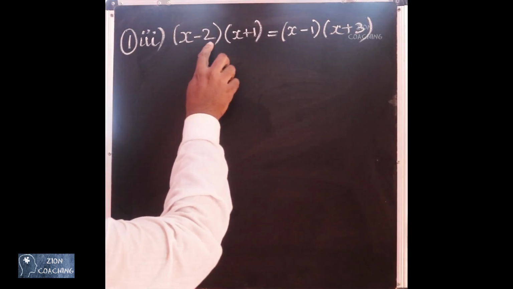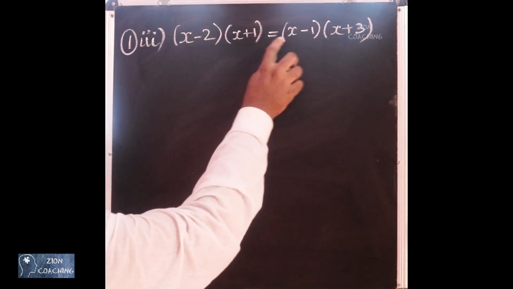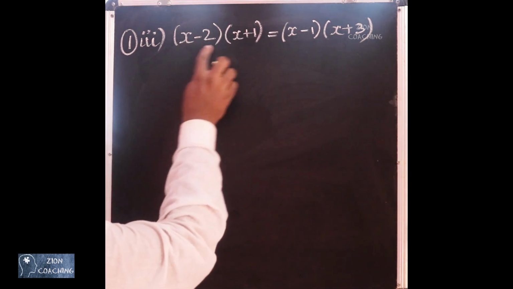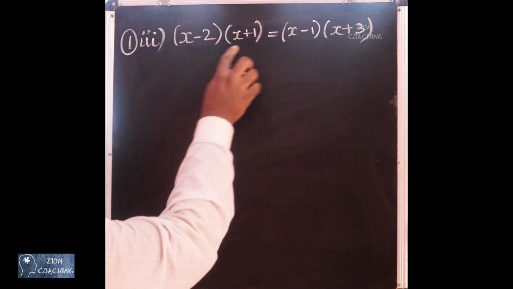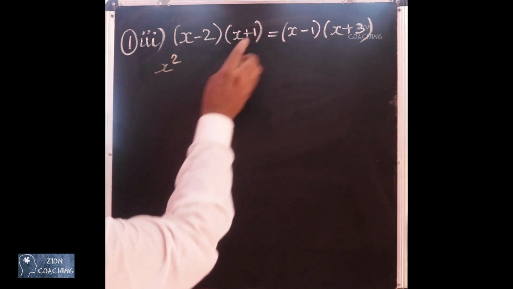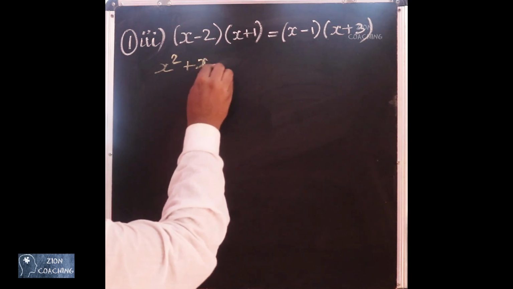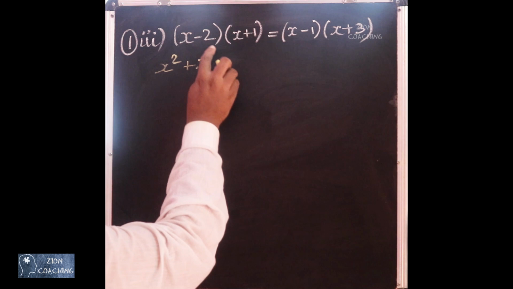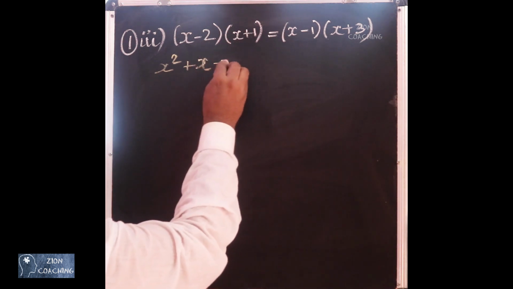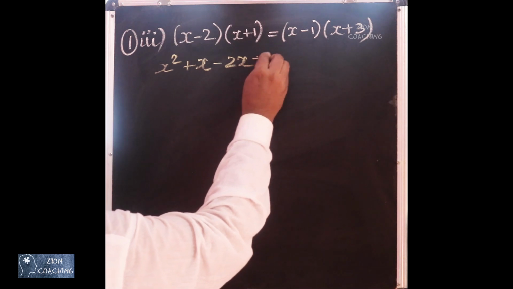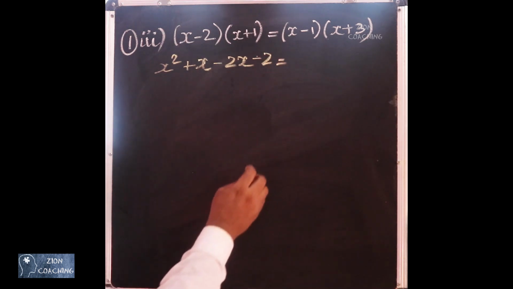Now we have x minus 2 into x plus 1 equal to x minus 1 into x plus 3. We are going to multiply by x first. X into x is x squared, x into 1 is x. Then we are going to multiply by minus 2. So we will have minus 2 into x is minus 2x, minus 2 into 1 is minus 2 equal to,